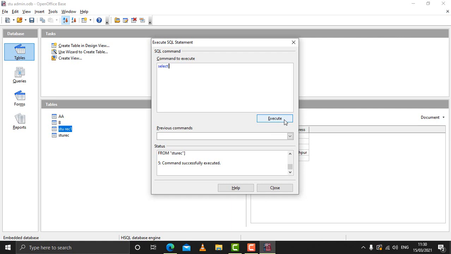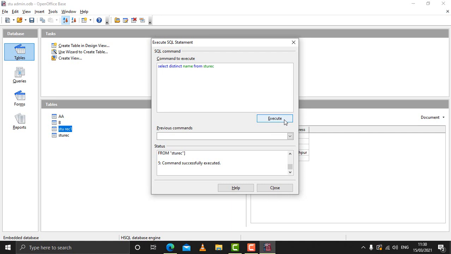So we can write select distinct, and then you need to write the name of the field. Say for example I write name. So when I write here distinct name, that means repetitive names will not be repeated, only the unique names will be displayed. And then I need to write from where, from STUREC.